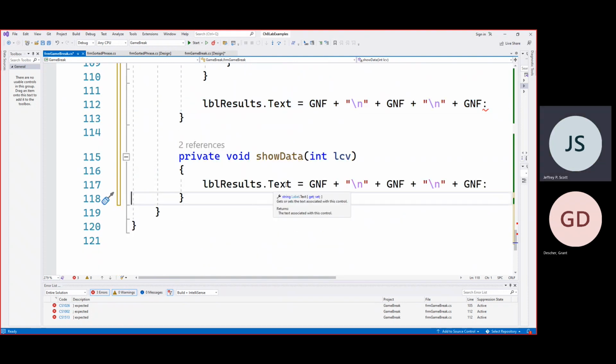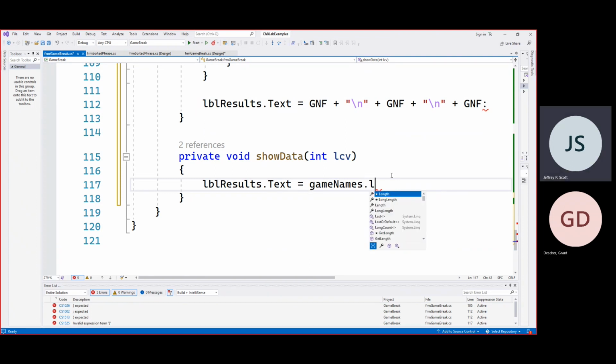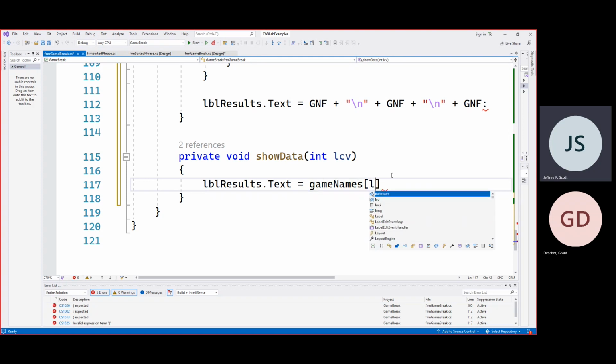All right, so text equals, we'll just, this will look a little nicer than the other one does, but that's okay. So let's see, we've got game names dot LCV, game names LCV